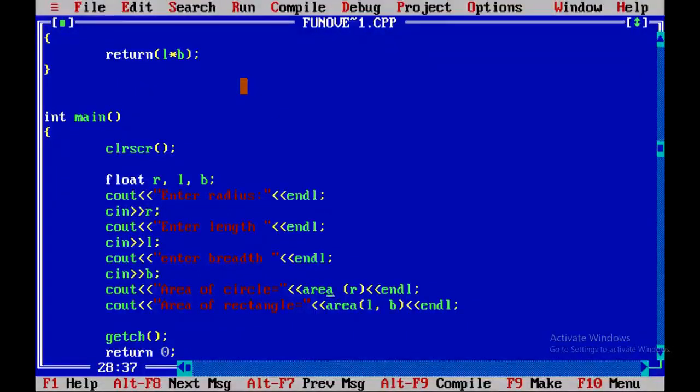In the first call I am specifying only the radius, and in the second function call I am specifying length and breadth. That means here I am calling the function which calculates the area of a rectangle, and here the function which calculates the area of a circle.